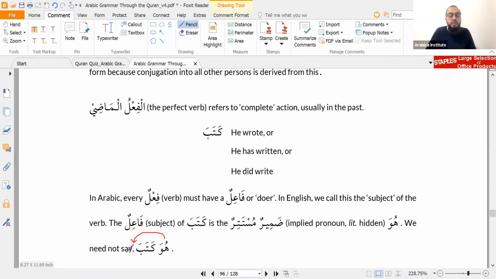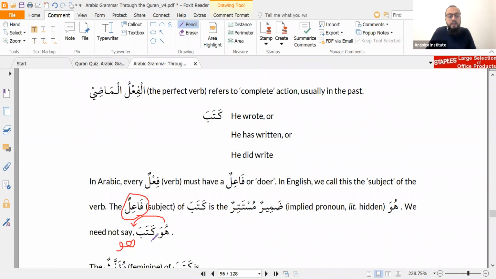If you put the huwa afterwards, then you've got kataba, which is your verb, and then you've got huwa, which is your fa'il, or the doer of your verb. This word fa'il in Arabic is the word for doer. Okay? So strangely, the Arab grammarians would say something quite strange and interesting. They say, kataba is your verb. It's a verb sentence. Jumlatun fi'liyatun. Kataba is your verb. The fa'il is the damirun mustatirun, the hidden pronoun inside it, which is huwa.